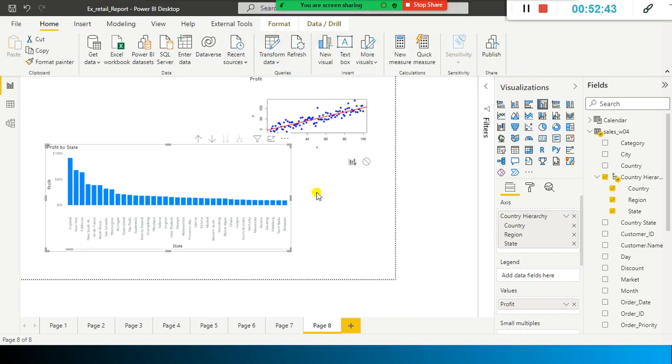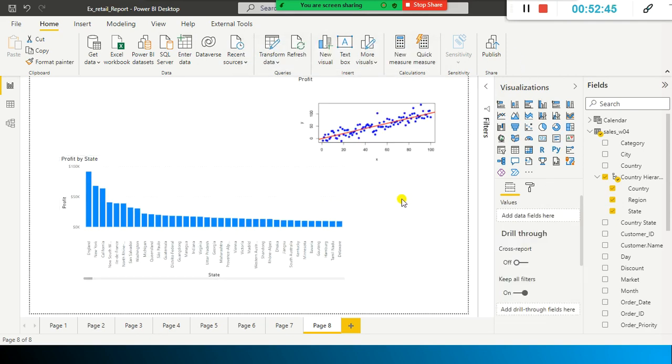If I want to give a user-friendly, interactive dashboard, in that case the slicer is very much helpful. The slicer is very user-friendly, and also it is a more convenient way for the end user to filter the visuals.